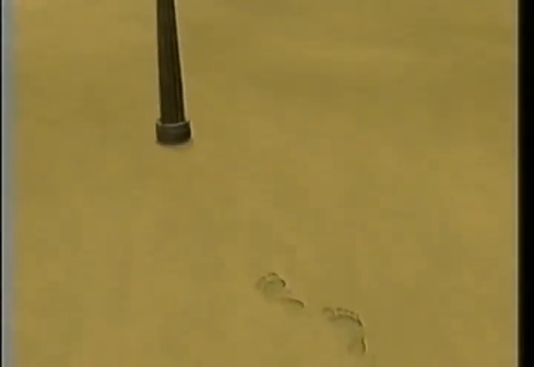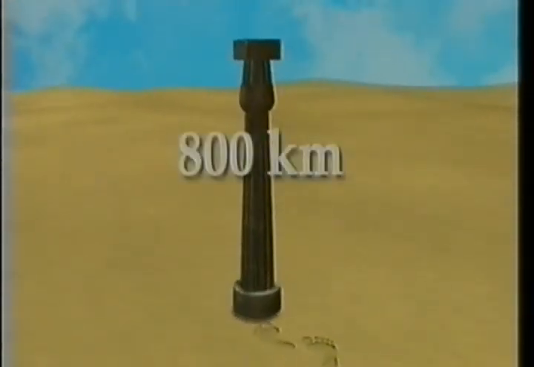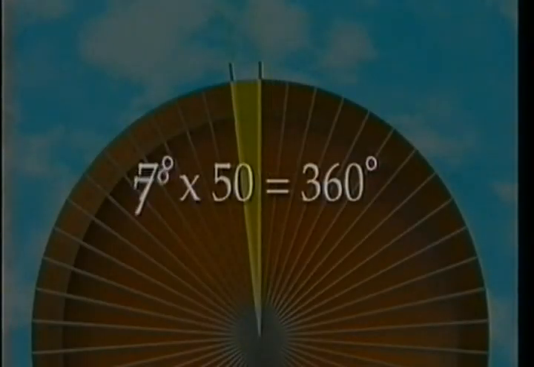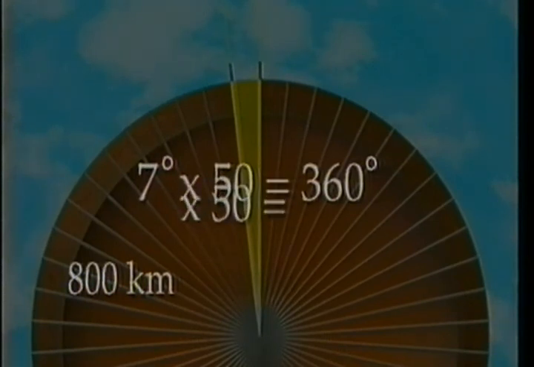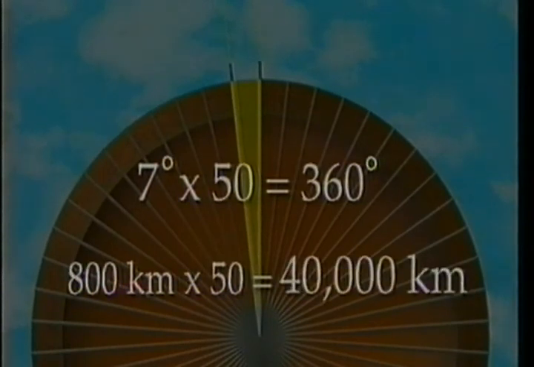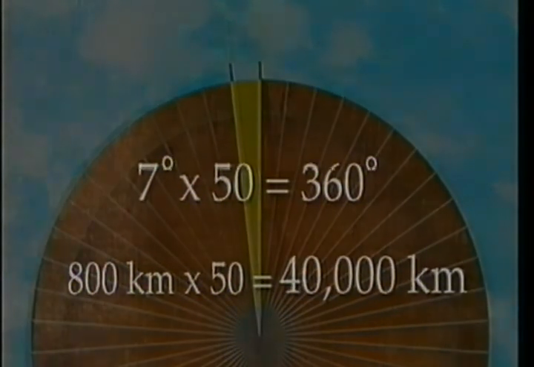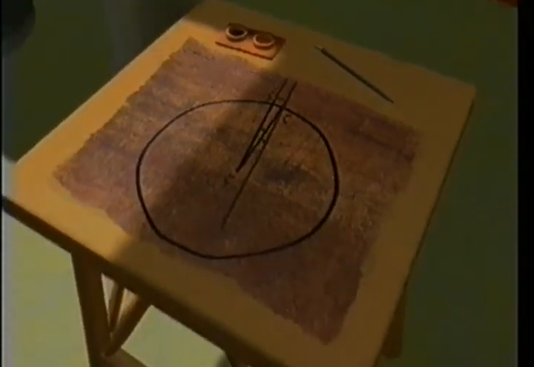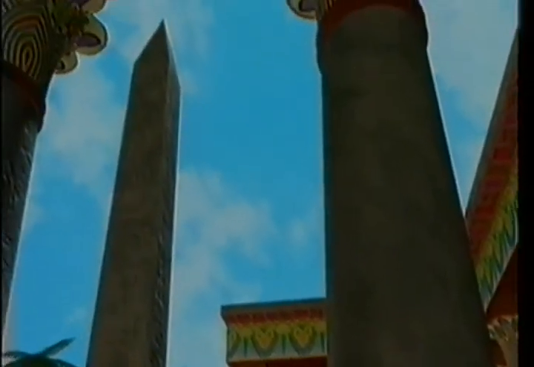Eratosthenes hired a man to walk from Alexandria to Syene and count his steps. This measurement showed the distance to be approximately 800 kilometers. With 7 degrees around the Earth measuring 800 kilometers, Eratosthenes calculated that a full 360-degree circumnavigation of the Earth would measure approximately 40,000 kilometers. This measurement, which is only 800 kilometers less than the Earth's true circumference, was made with simple observations and basic geometry nearly 17 centuries before the age of exploration and the first concise global maps.